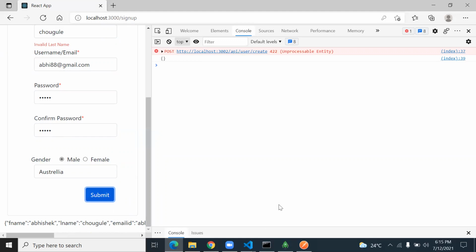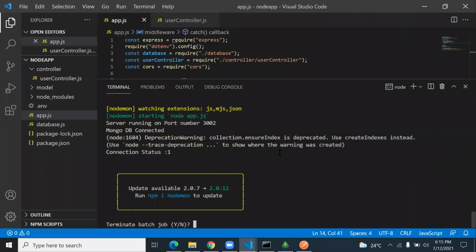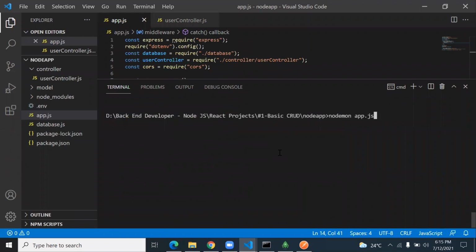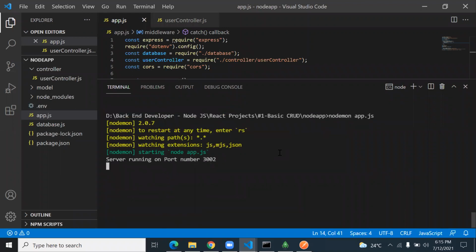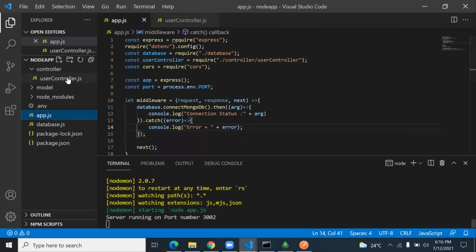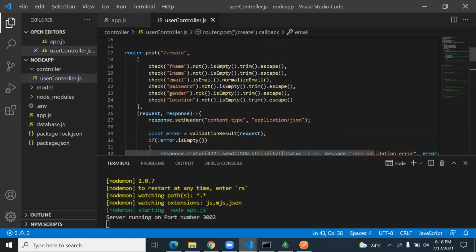This content type is what was making the problem. The 422 status code is an indication that the server understands the content type of the request, but somehow the server is not able to process your request. So in the user controller, I'm getting the data.